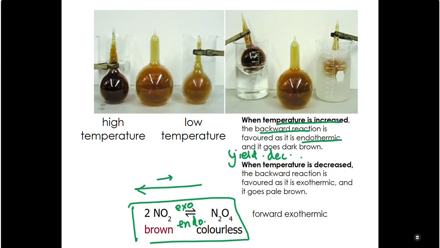Yeah? Okay. Now, what would be the color change? You see, the backward side is brown. Nitrogen dioxide is brown in color. So that means it will become darker brown in color. And now, let's say